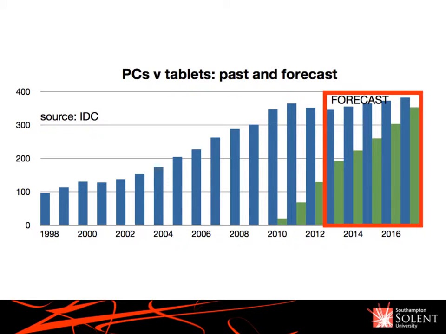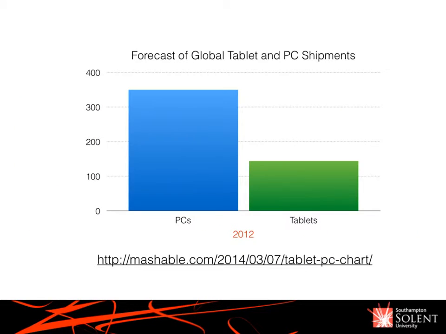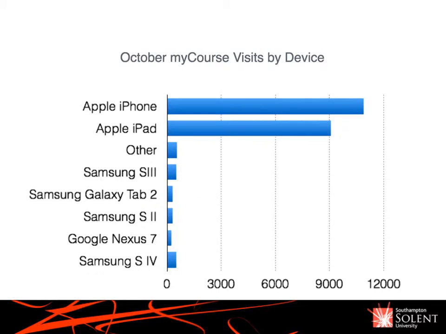And if you look at, in terms of a forecast, the kind of growth of tablets versus PCs, this is quite a commonly used graph, isn't it? Used to show how tablets will probably overtake the use of PCs, certainly in terms of access to the web, within the next couple of years or so. This shows